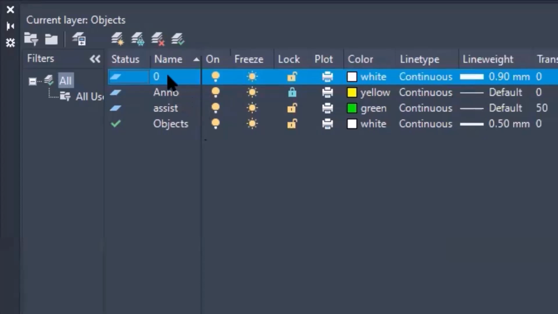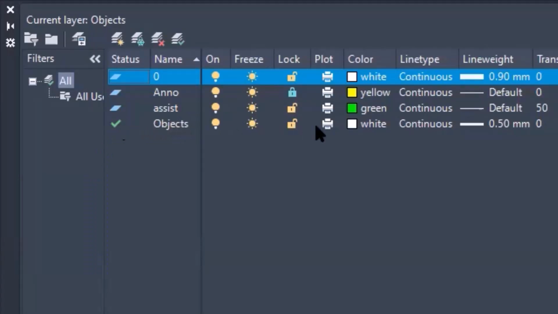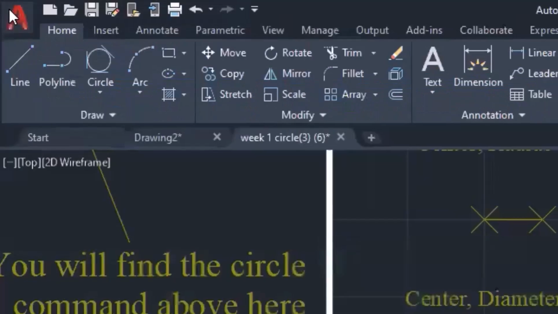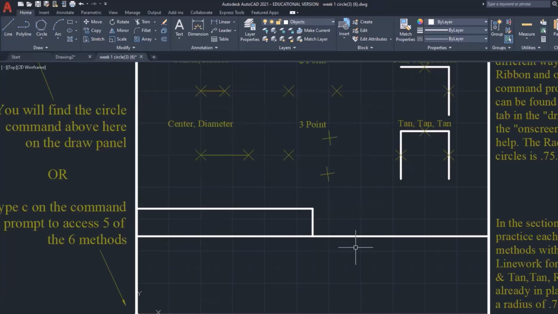If we look at this information, we get the name for our layer. We've got this very first column here called status, and there's a little check mark beside one of the names. In this case, this is the objects line layer. If I close this, this is my current layer. That's what the check mark indicates: I'm going to be drawing on my object line layer. So if I did L for line and clicked, then pressed spacebar, it's white